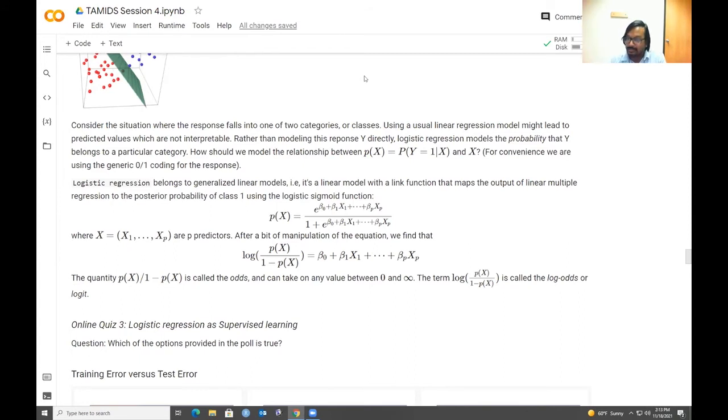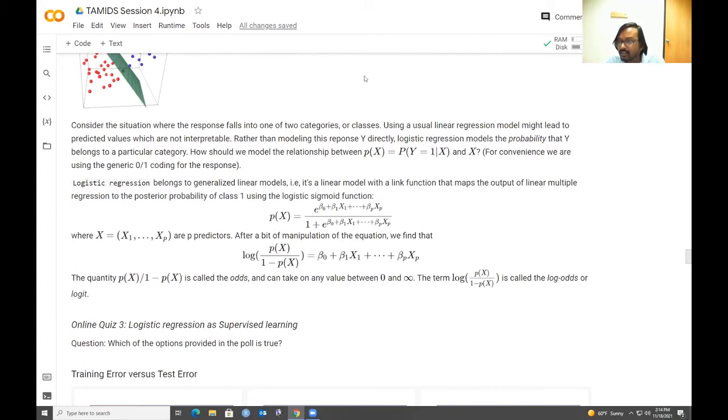The sigmoid function that comes up is a part of the modeling, where instead of working with the response, we are working with a function of the response. That's a part of the methodology, but it still remains how the machine processes the correct answers. It tries to take a function and then comes up with a model. But at the end of the day, the reason logistic regression is supervised learning is because it has those answers.